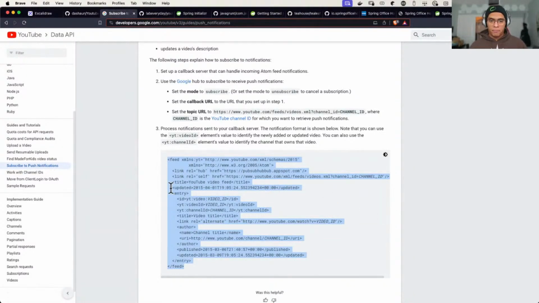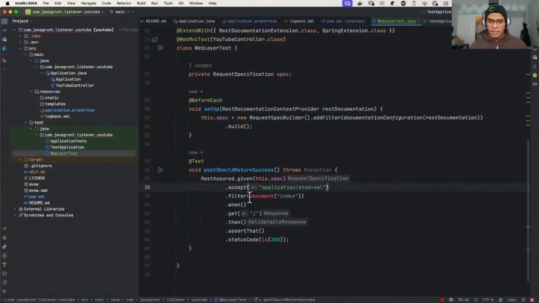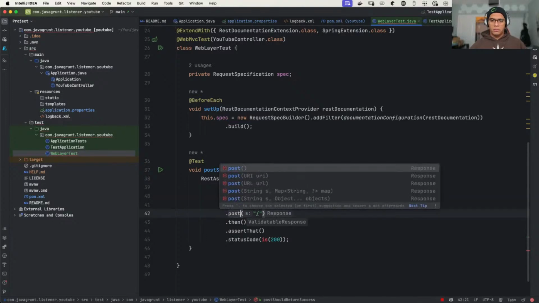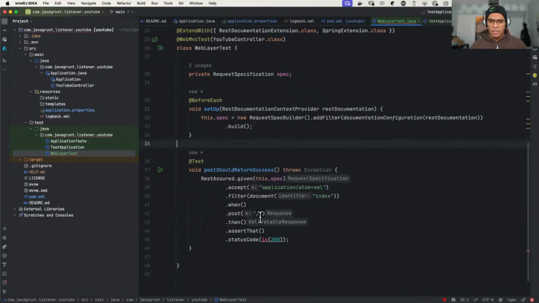Here we are. We're going to keep on going and filter. What is this? Why is this? Yeah, import that. Filter document. Oh, that's my document, which we haven't put in place yet. When post to slash. So I'm putting my docs at /docs